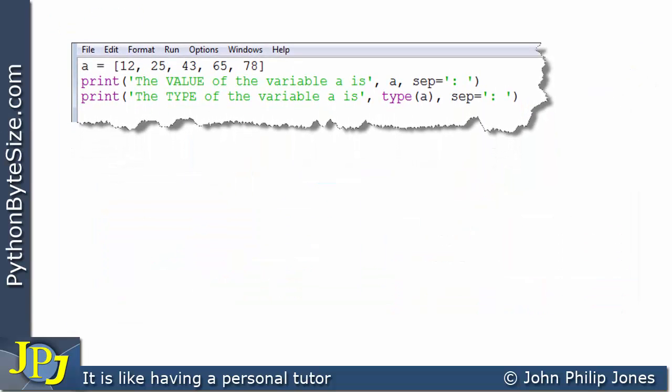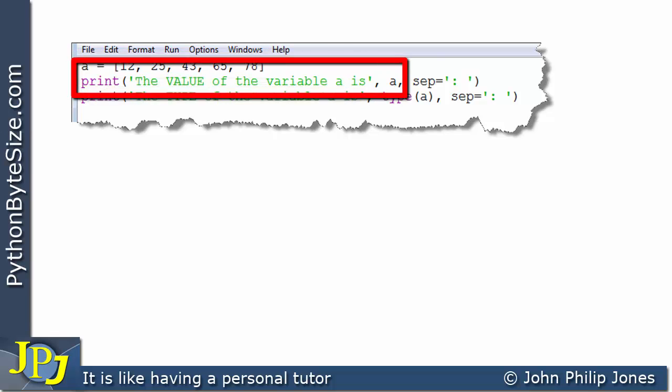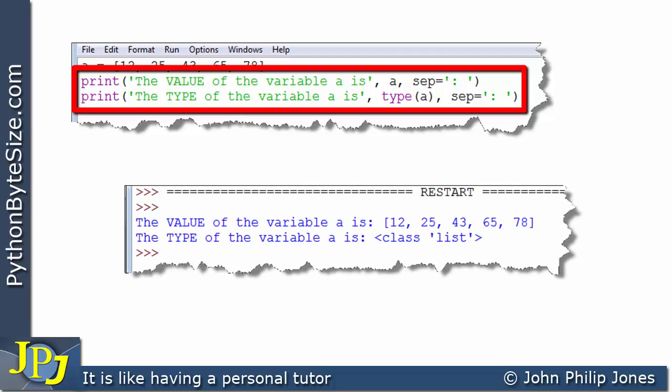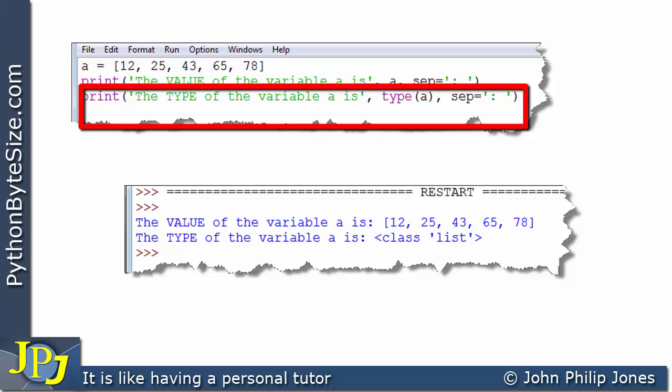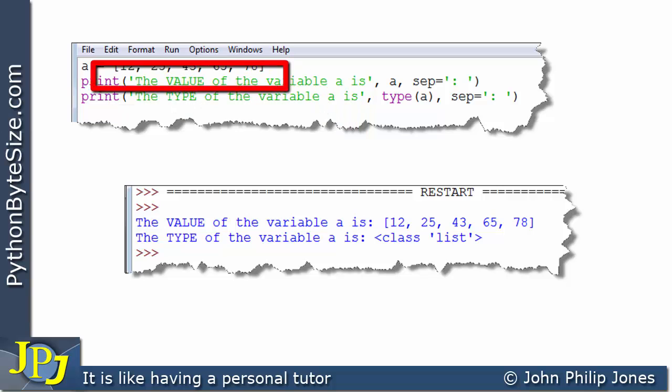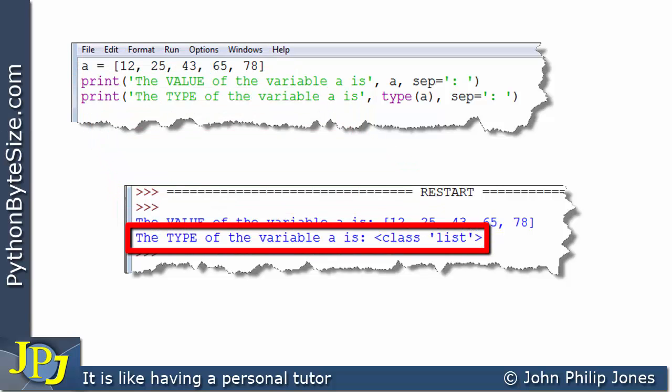Let's have a look at another example here. On this particular program you can see that A has been assigned, and in the square brackets we have 12, 25, 43, 65 and 78, and the two print statements are going to print what the value of A is, and they're also going to tell us the type of the variable A. So when the program executes, it does this. It tells us that the value of A is this, which we can clearly see is the case from the program. But if we have a look at the type, you can see here it says it's of class list,